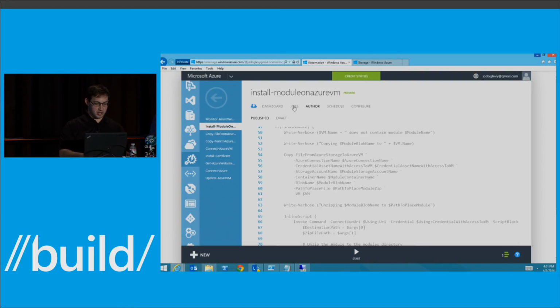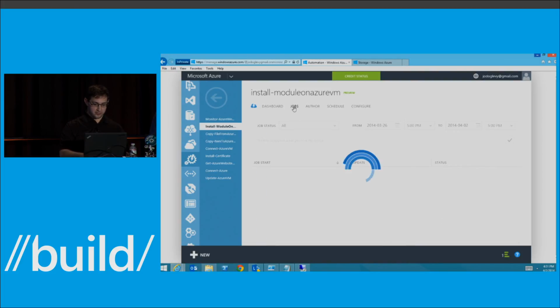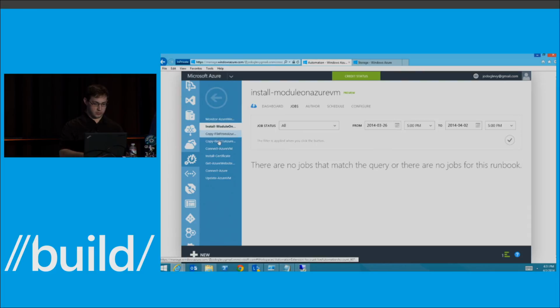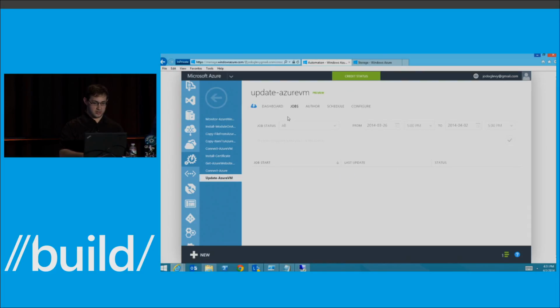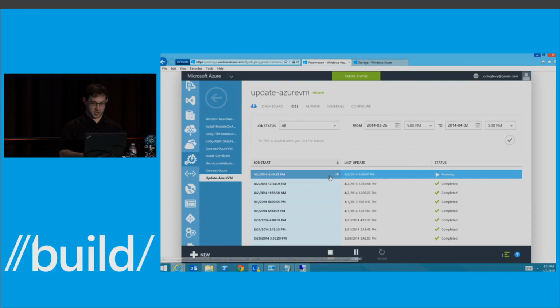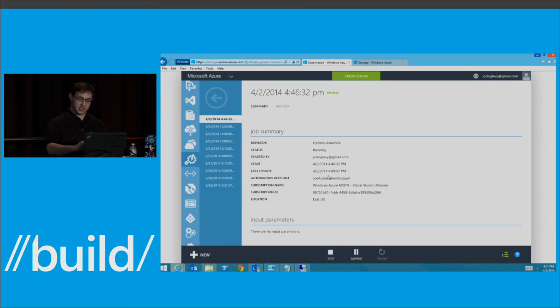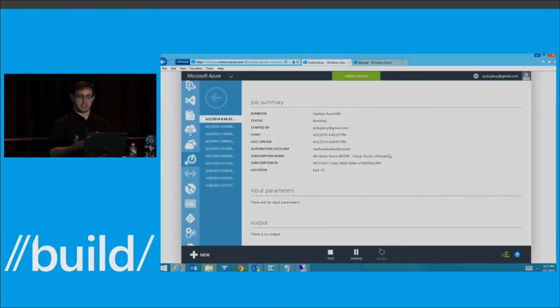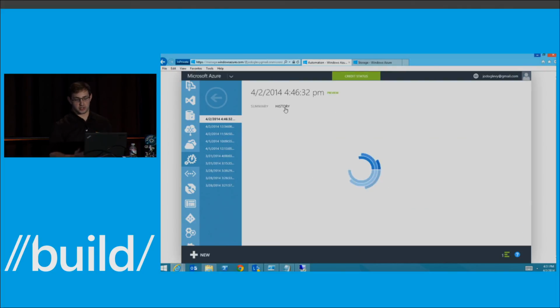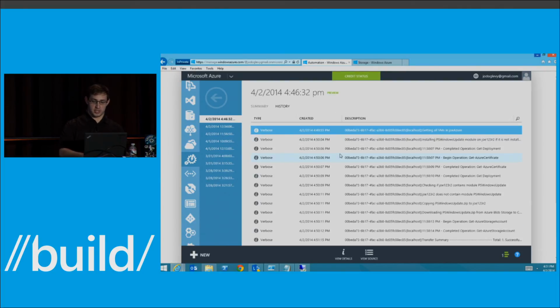So by now, my job is probably done. Oops, wrong runbook. Still running, OK. Well, it's about to finish. So I can click into a job and see stuff about who started it, when it was started. If it took input parameters, it'll list the key values of those input parameters out here, and then whatever output it produced. I can also go over to history, and you can see here it'll actually